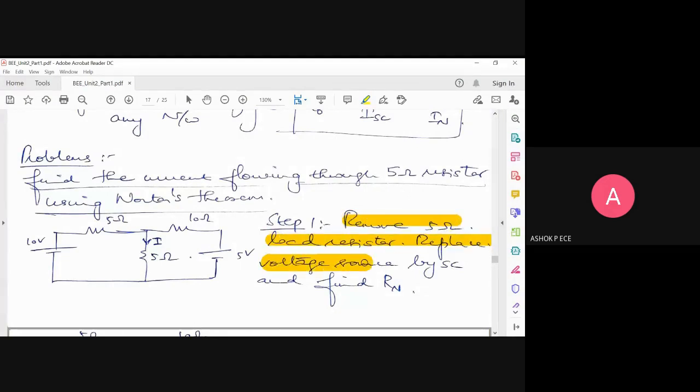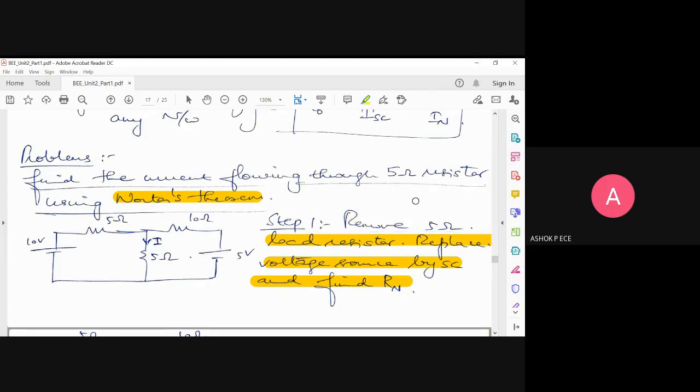And you have to use the appropriate terminologies. If it is Norton's theorem, don't use RTH. You have to use only RN. That will be strictly checked in your answer. Actually, there is no difference between writing RN and RTH, but since we are specifically using Norton's theorem, it is good if we write RN. Yes, please draw the circuit with these conditions.